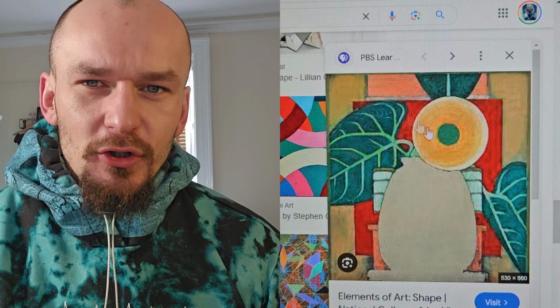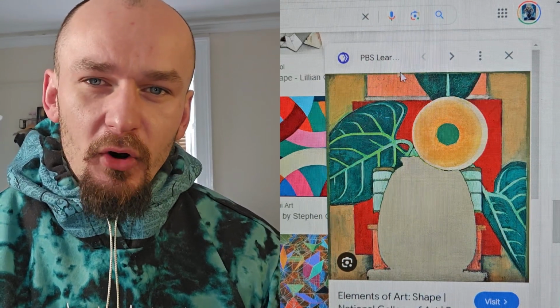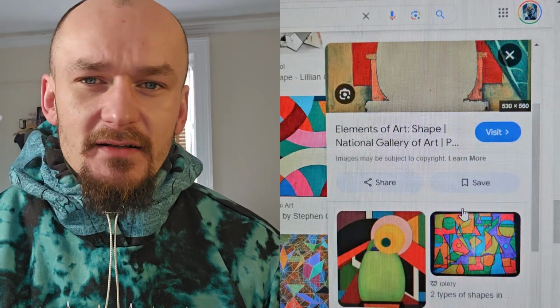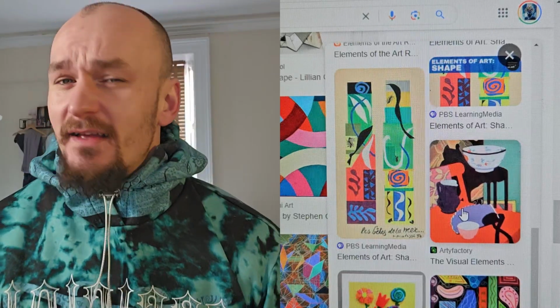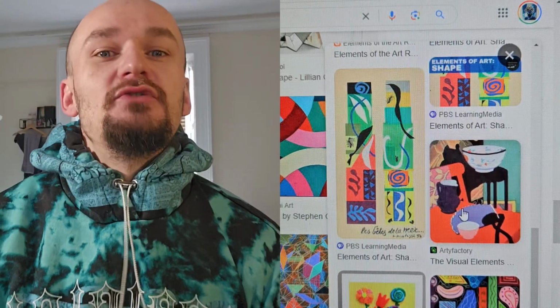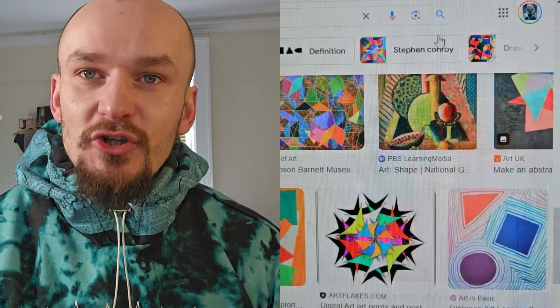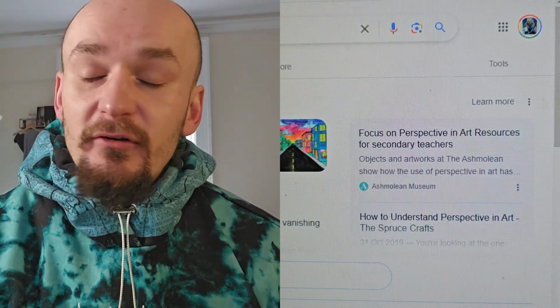Again, another piece here, we've got some basic shapes. All it is, guys, is an oval, a circle, a couple more oval type shapes, some irregular shapes for the leaves, and that's it. When you break it down, all drawings, all paintings, all designs, they all involve some type of shape, some type of form. All forms come from some type of shape, and it's important to understand different shapes that you can